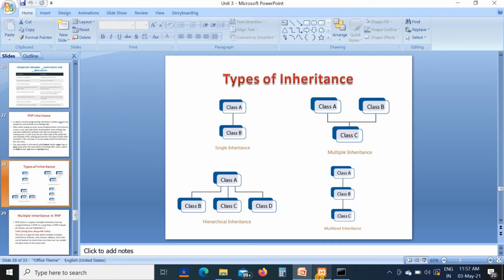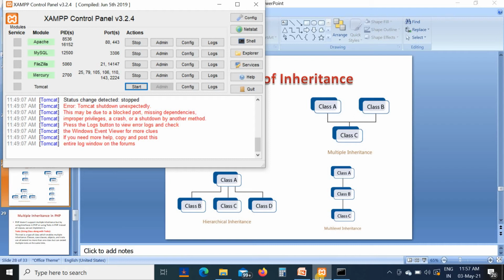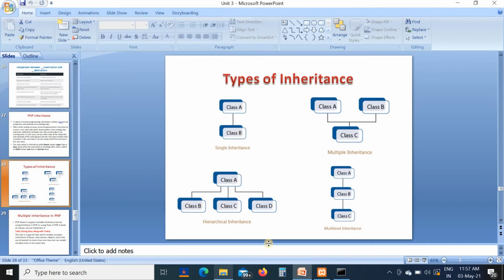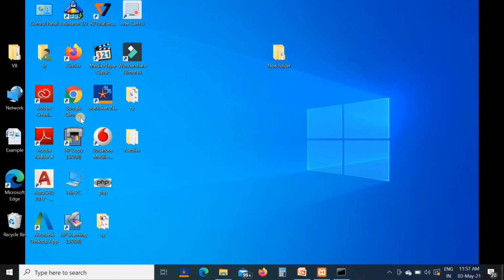Now here I started the XAMPP control panel. Now I will call the localhost.